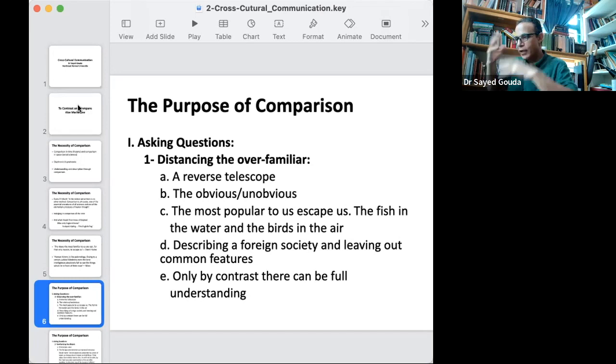So like having a headache, for example, or a stomach ache, and then we start to feel that we start to be conscious of our internal organs only when we got trouble. So here, when we describe any society, even our own society, we need to look at it as a foreign society. We need to look at it as when we go overseas, for example, and live in a foreign society,